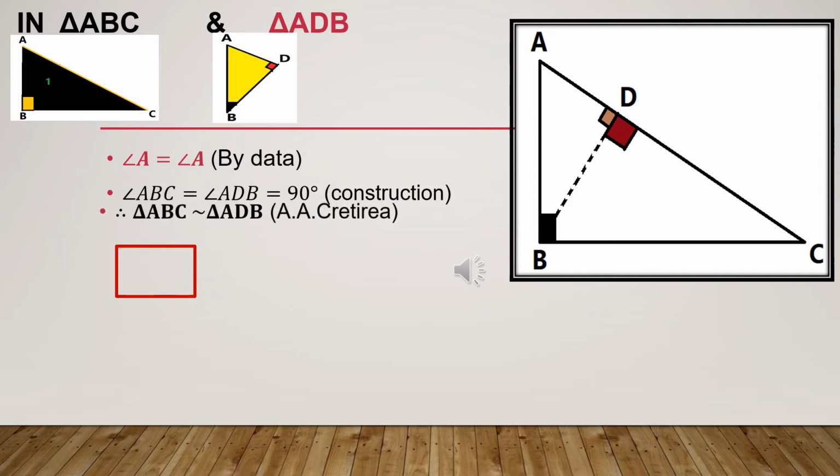By AA criteria, triangle ABC is similar to triangle ADB. Therefore,